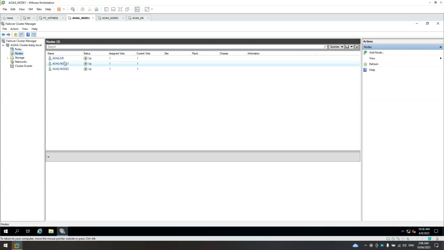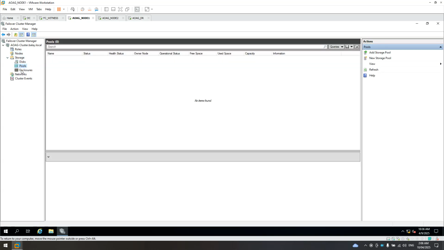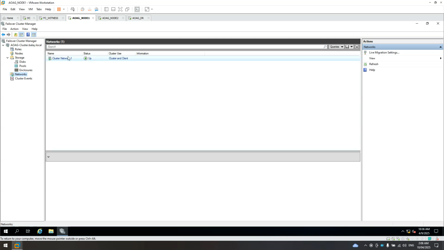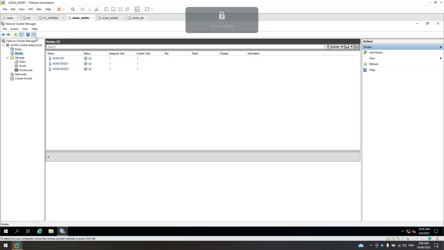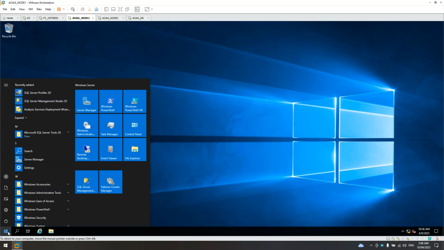See the nodes. We have DR. We have node 1, node 2. Storage. Yeah, this is for AOAG. Okay, so node 1, we already configured the one. Let's close this failover cluster. Let's close that one, and we will proceed with installing the SQL Server with AOAG.